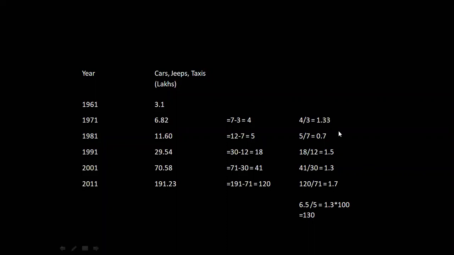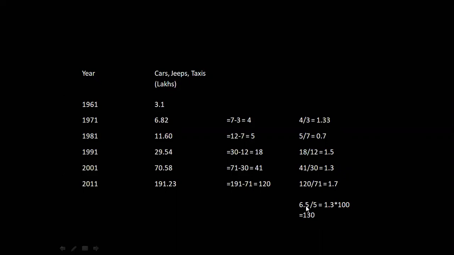So here it is 6. When you do all these things, we have identified the average decadal growth for 5 consecutive decades. So better we can go for the average. What do you mean by average here? Take the sum of all these 5 decades' increases. 1.3, 0.7. Remember, 1.3 plus 0.7 will be 2. 2 plus 1.5 is 3.5. 3.5 plus 3 will be 6.5. 6.5 divided by 5, since we have 5 decades' data.